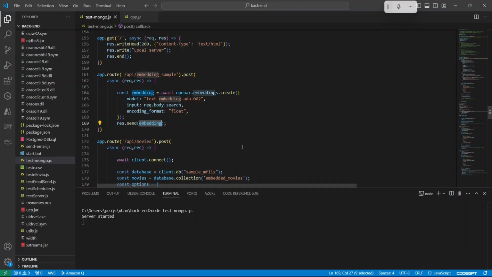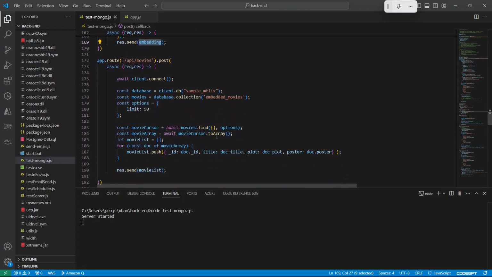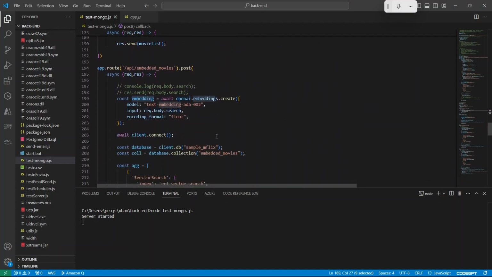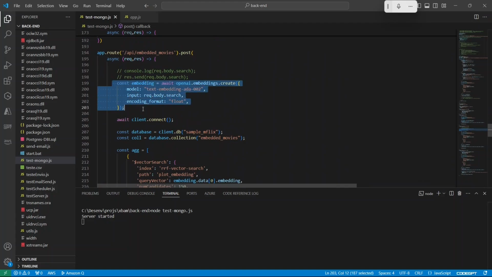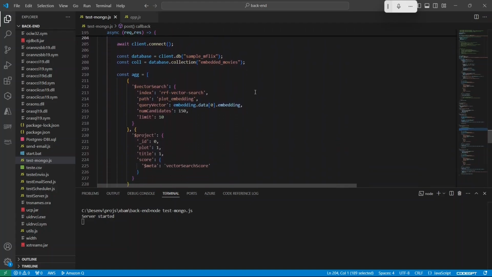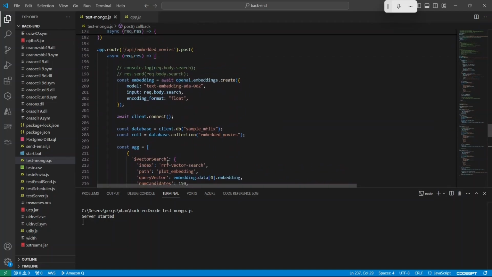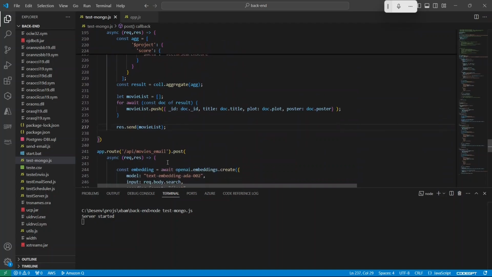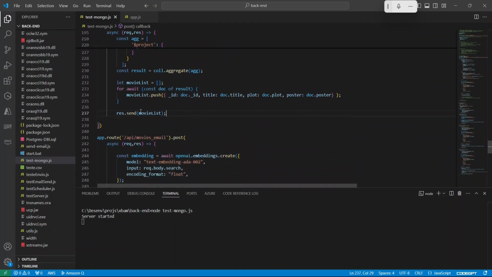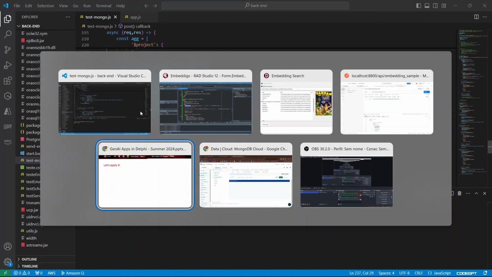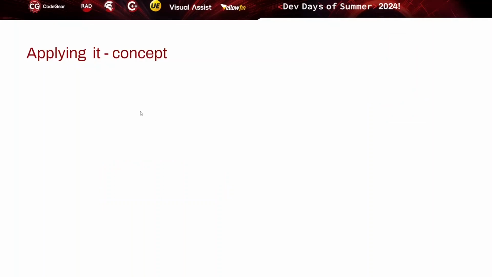And inside of the Node execution part, where we search for the meaning, we just generate the embeddings, go to the MongoDB and ask for that embedding that OpenAI provides us. Very simple way of request. It's only 20 lines of code and we have the embedding search done. So back in our application, we can apply it by concept.